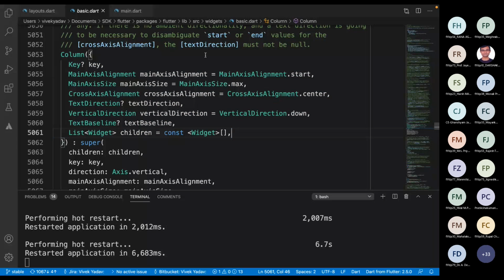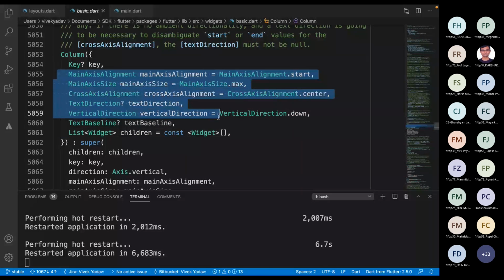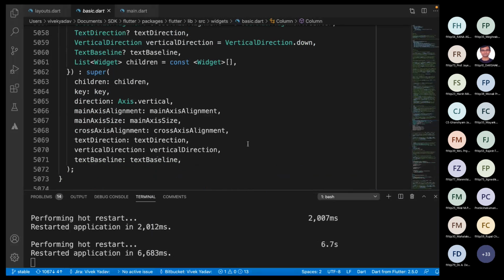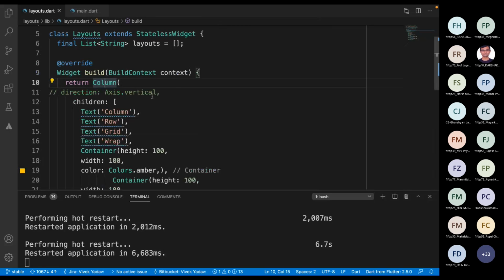We can also see that almost every argument has some default value. For example, vertical direction down, cross axis alignment center, main axis size max, and main axis alignment start. Let's play with some of these properties and see how they react.